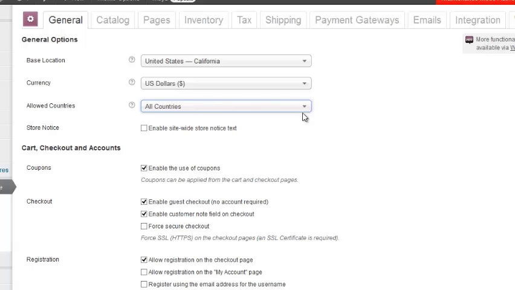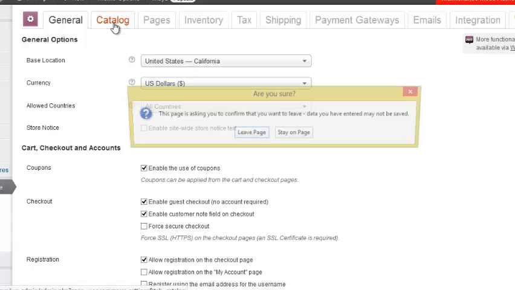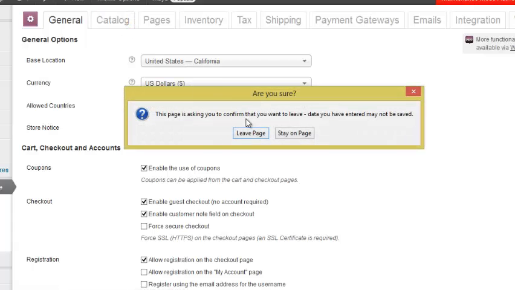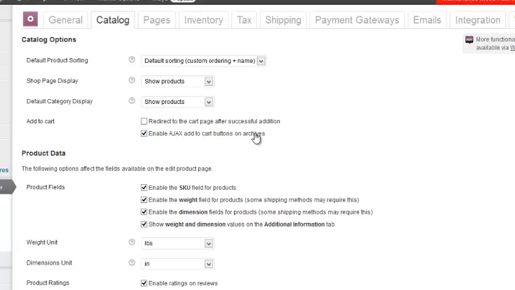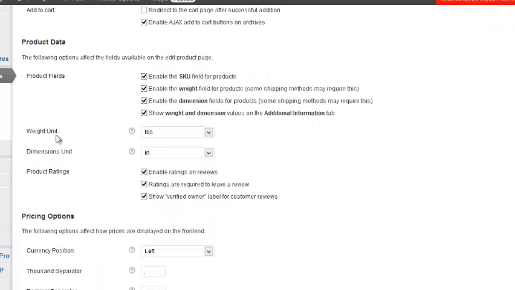Now, the next tab I want to talk about is the Catalog tab, just again briefly. Oh, it's saying leave this page because I'd probably flipped something over and didn't hit save. That's okay. Don't want to change anything there. Okay. Now, on the Catalog page, what I want to point out is, well, two things. One, the weight unit and dimensions, if you are using that for your shipping or something like that, if that's part of the calculation, then you're going to want to put in, if you're in the US, pounds and inches. By default, I think it's the metric system. So you want to look at that, and depending on what you want, make sure to flip those over.